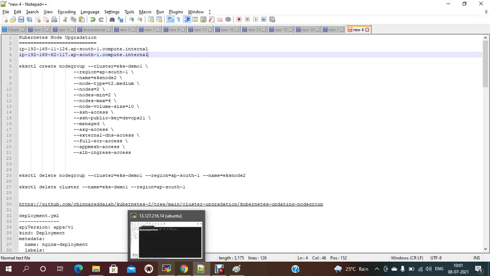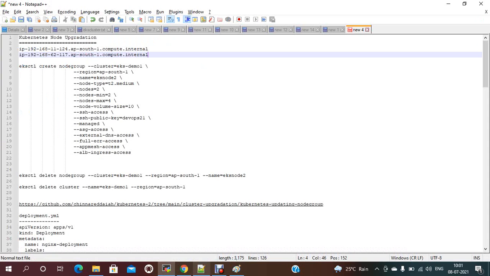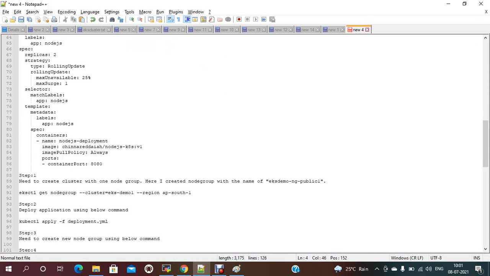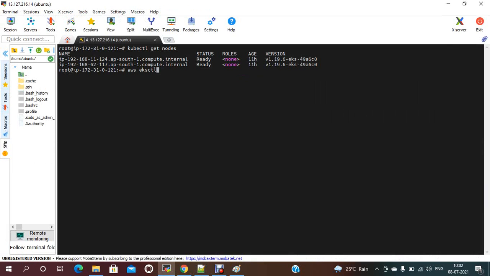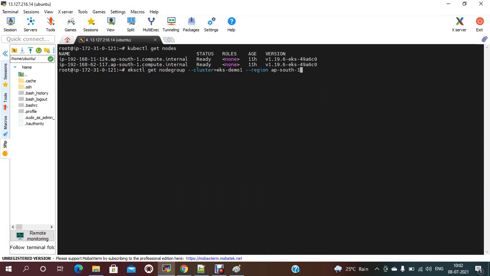If you want to check the complete information, this is the command to check the node information and cluster name.